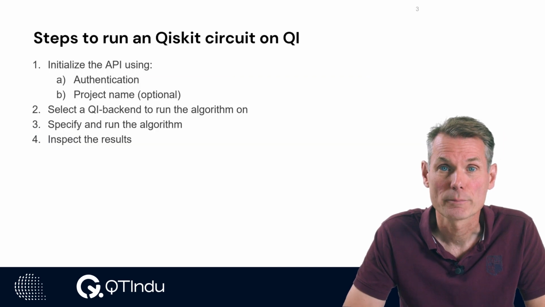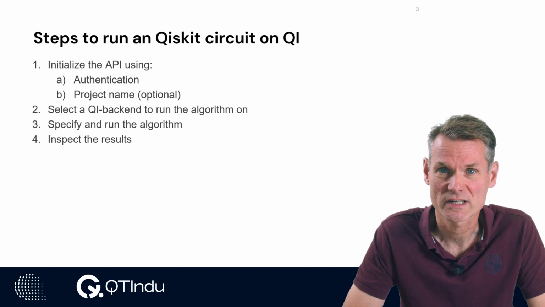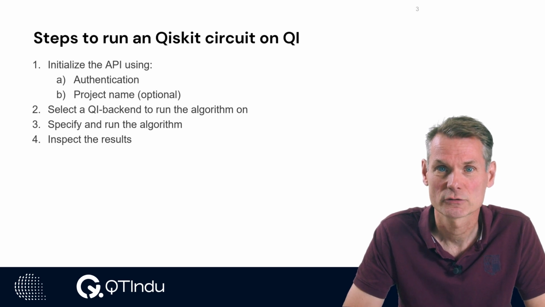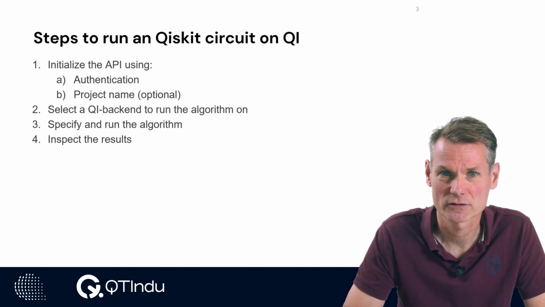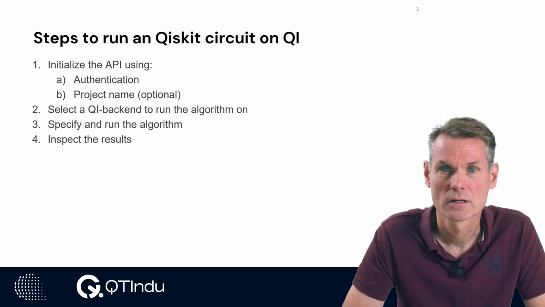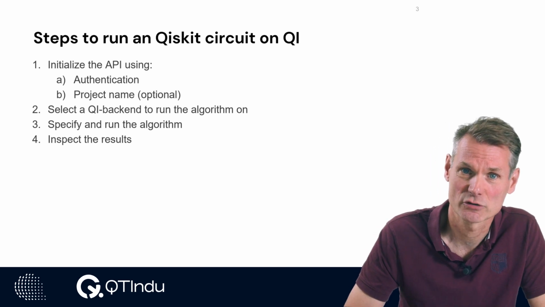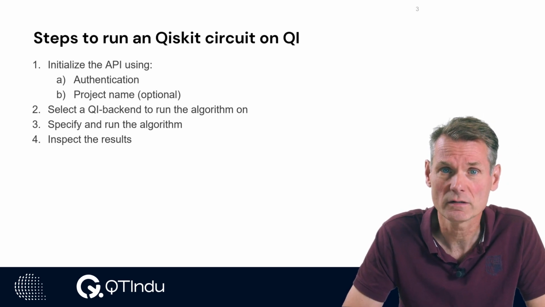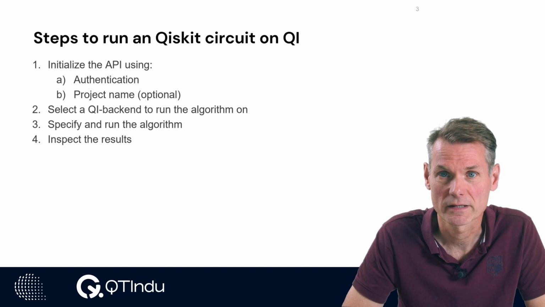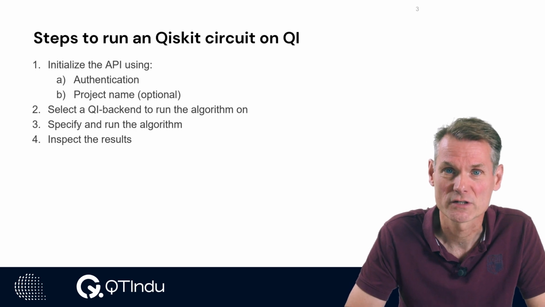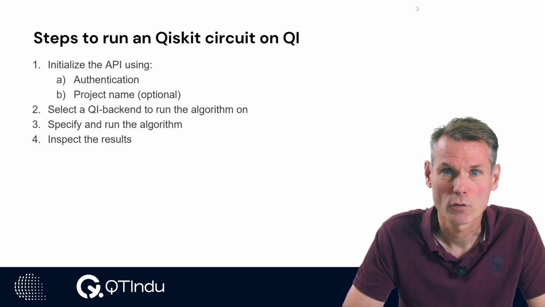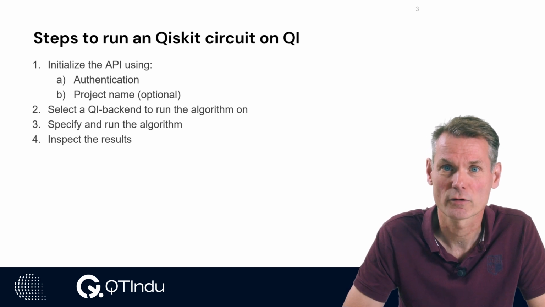In the previous module, we went through all the steps that were necessary to run a CQASM program via QI SDK. The steps for running a Qiskit circuit are the same, but are done a bit differently. In this module, we will go over the steps faster. When more information is needed for a certain step, check the previous module for a more extensive explanation of each step.